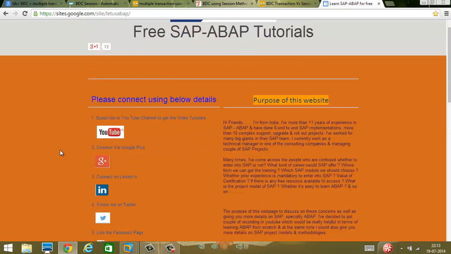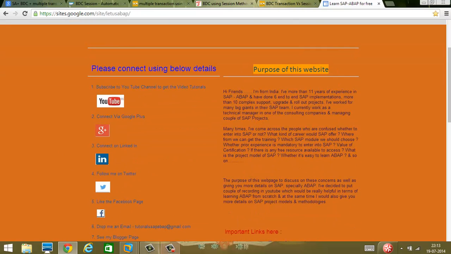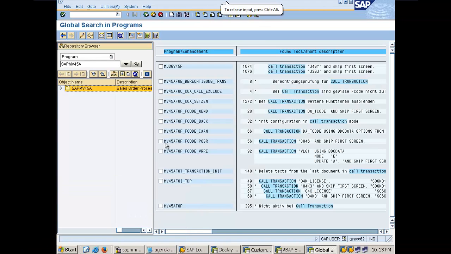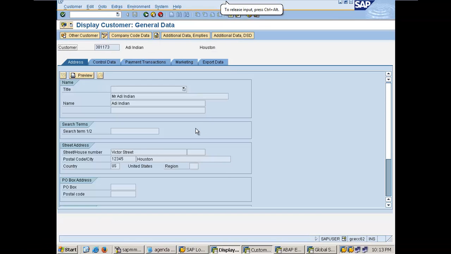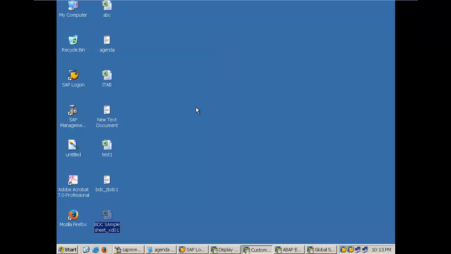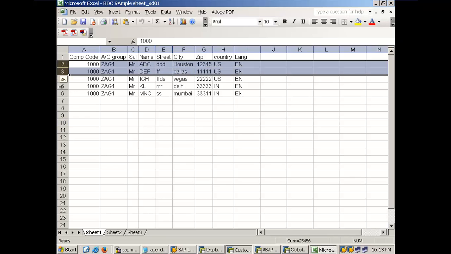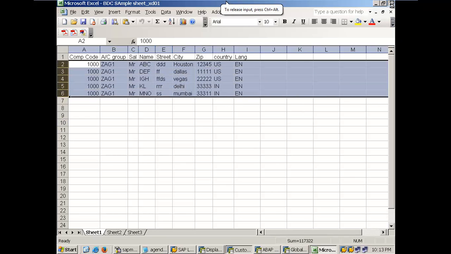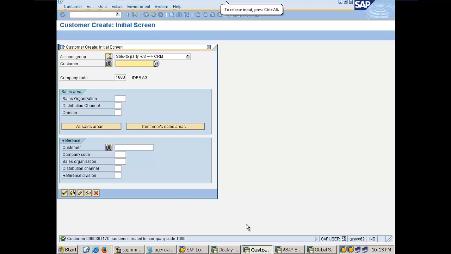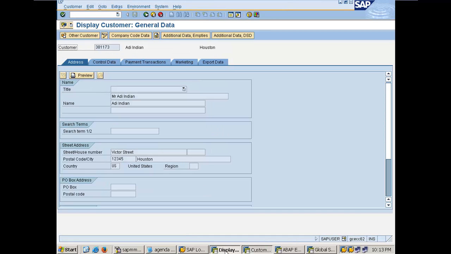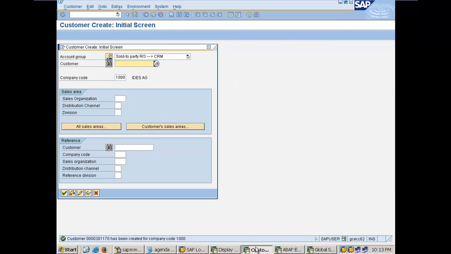In my last video I was discussing more on the call transaction method, and what we did exactly is that we tried to see how we can automate the data upload of different customers using the call transaction method in BDC, and then we uploaded some 5 customers. I also explained about the external and internal number ranges. And then